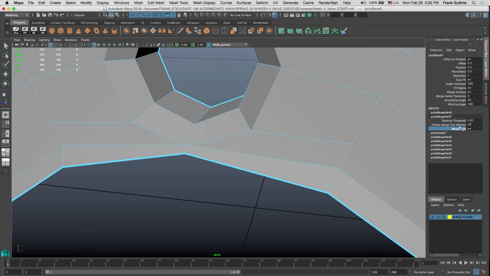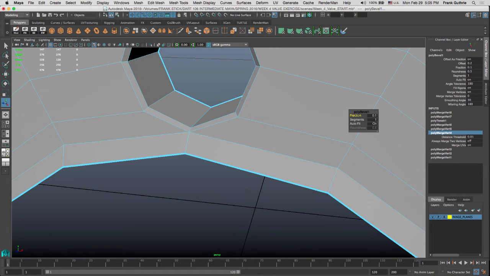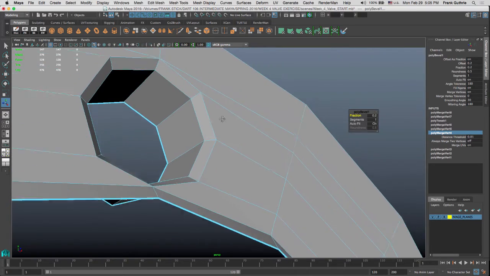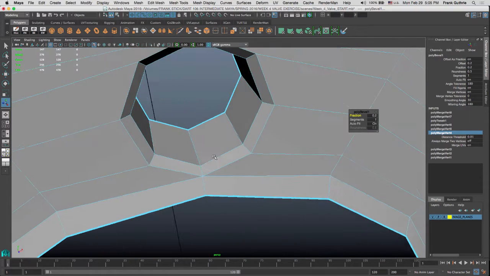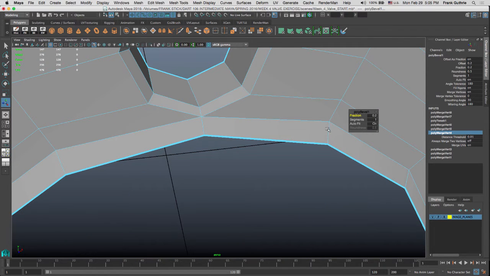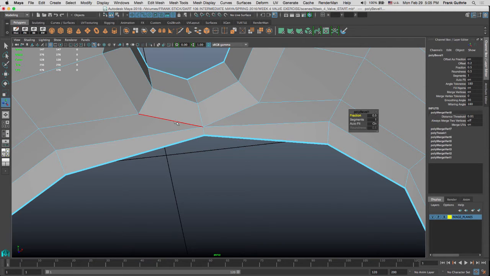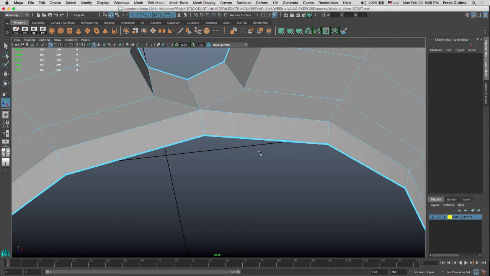Whoops, I'm in the wrong place. I have to go to my fractions. So if I make my fraction smaller, notice that the bevel works fine, but because I had this corner right here too close to it, what's going to happen is I'm going to deform the circumference of this lip right here. So I'm going to undo right to the beginning, and now